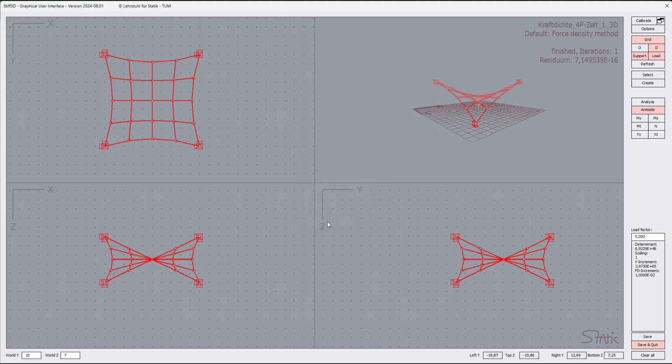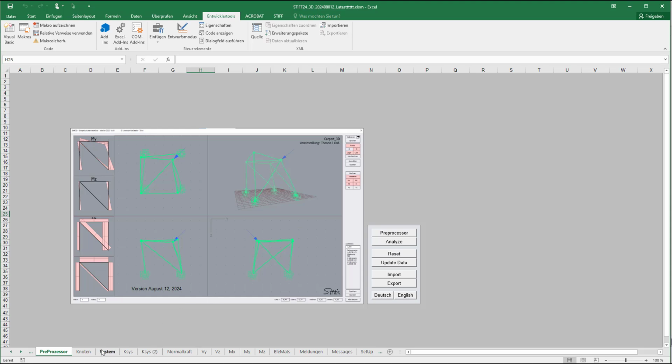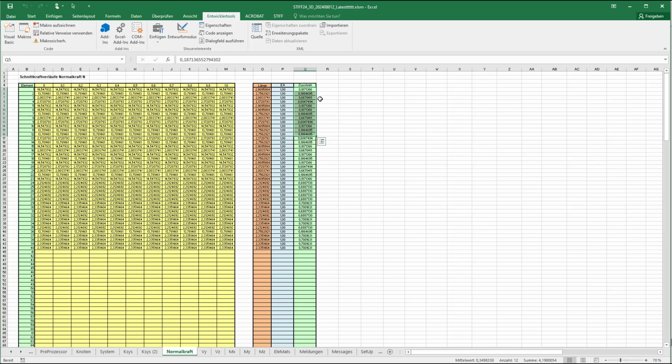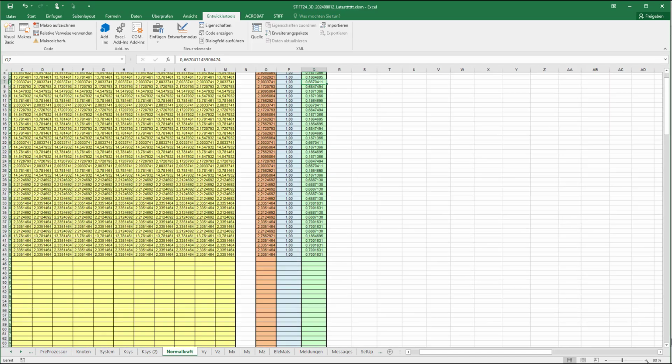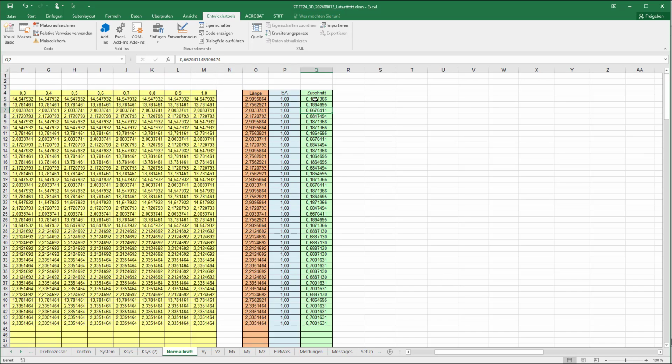Let's take a look into the project sheet for the normal force, and there you see in this column the respective lengths of the undeformed cable. So the cutting pattern. If you would like to build these structures, these are exactly the lengths of these cable pieces which you have to take from the undeformed shape, that together with the elastic stiffness gives the final geometry. Okay,